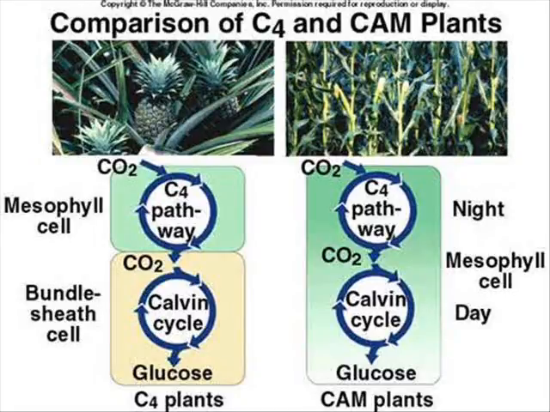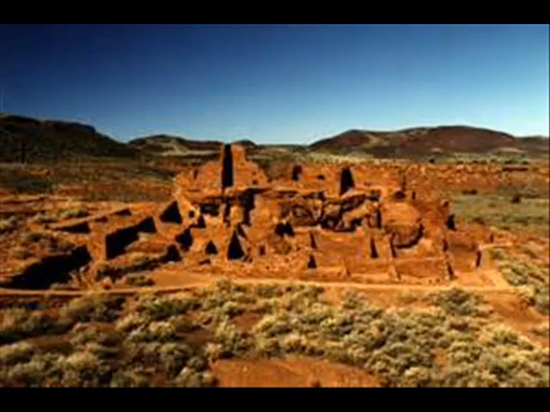Last time we left off, it was about photosynthesis, and the actual process of photosynthesis. But what I did mention is there's different kinds of photosynthesis depending on what environment you're in. Here in Colorado, if you go down to Pueblo, Colorado, which is a desert, you'll find what we call